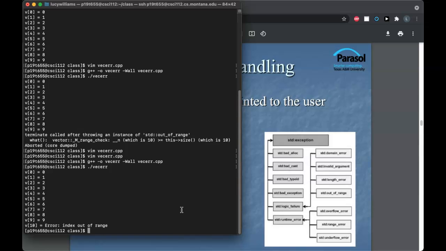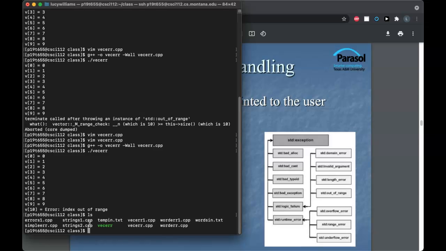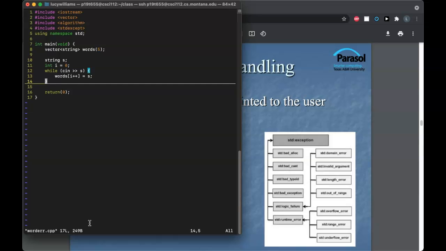And indeed, here we see that we get that message, just like we wrote it up. So another example of this, in word error, we already have in that example folder, the C++ error examples, we have a really similar program, and we see that we are creating a vector of strings, and it's called words, and we're saying that it should have size 5,